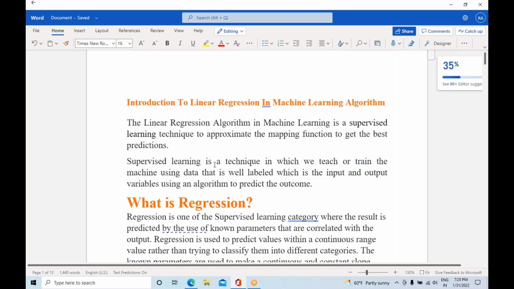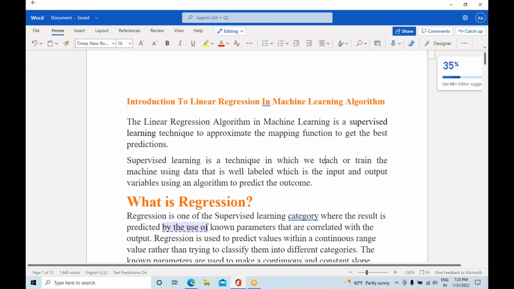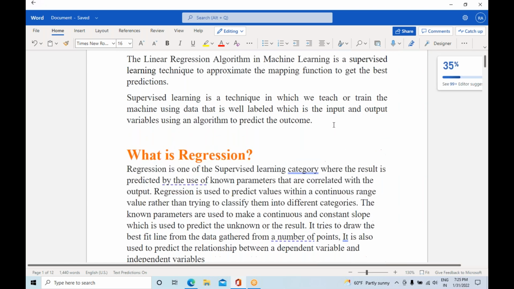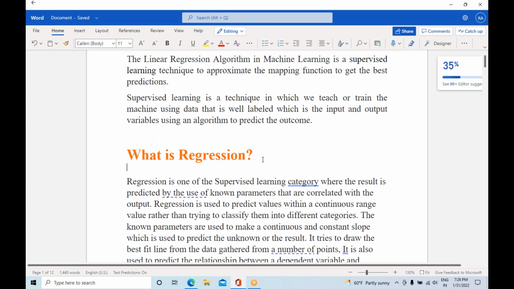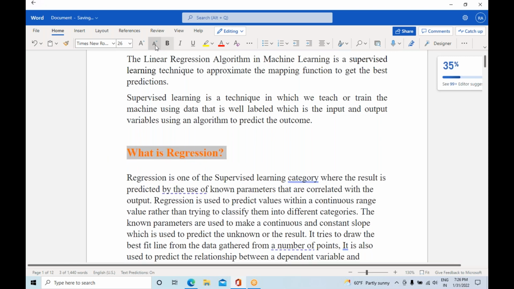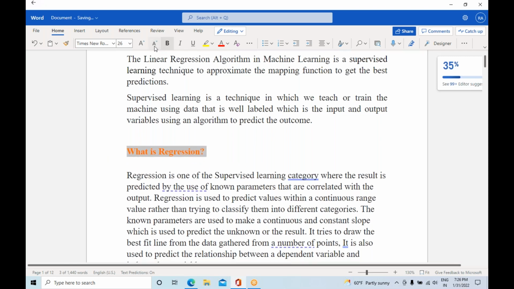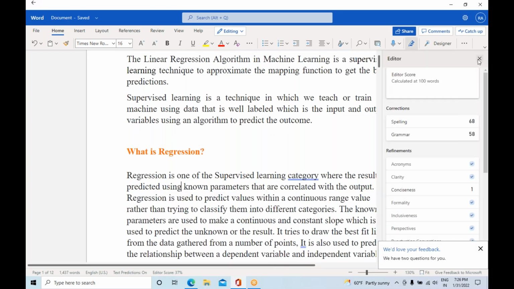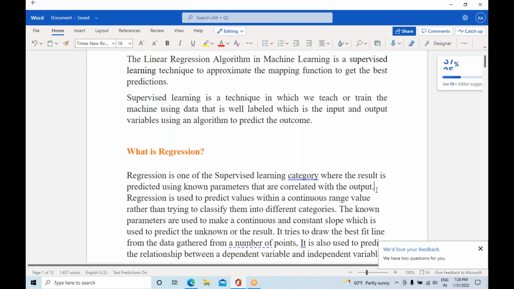Yes, sir. Okay, so from supervised machine learning there are different kinds of algorithms, like regression based algorithms and classification based algorithms. Now we are talking about the regression based algorithm. In a regression based algorithm, you will be able to get your predicted value. It can be something like a number or continuous data.